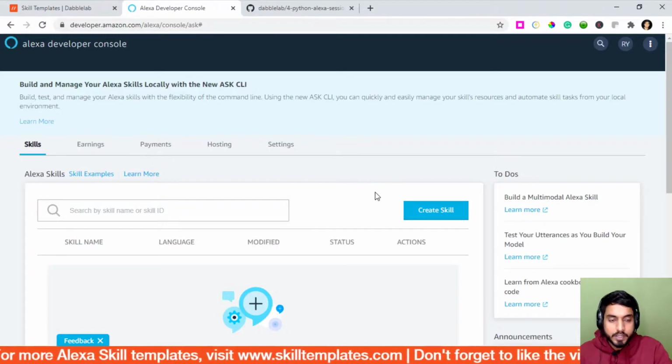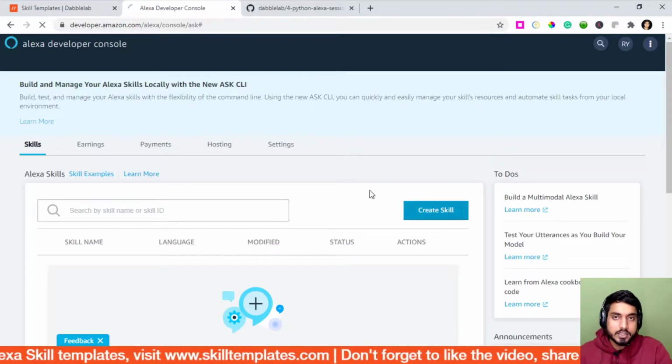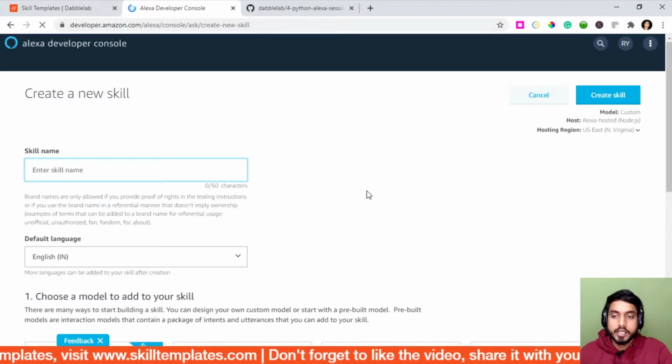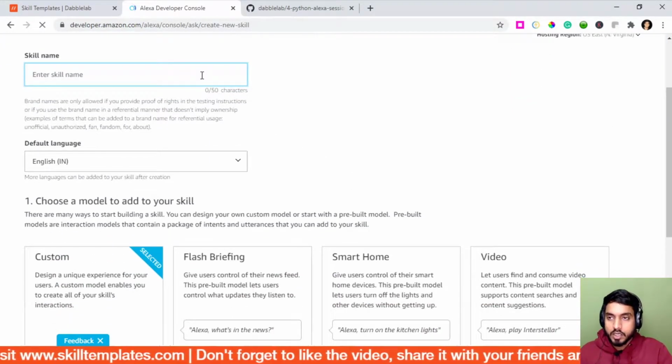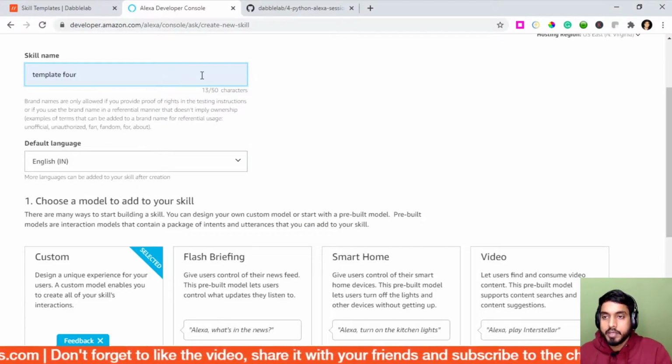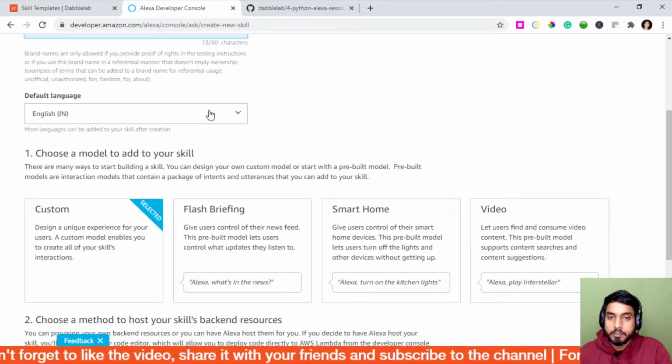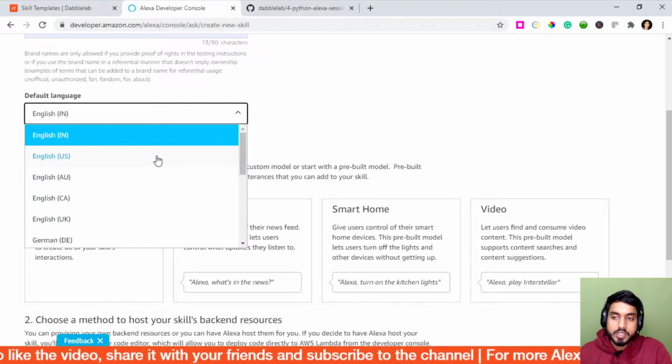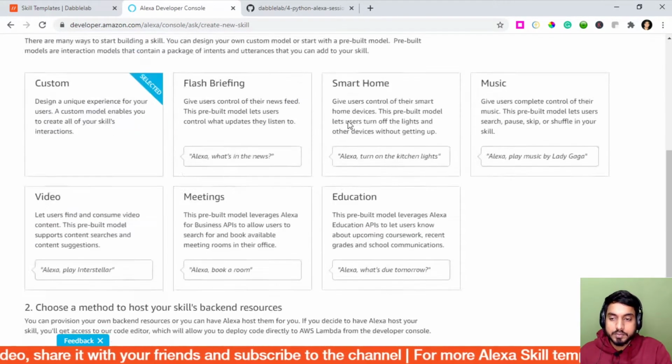Once you've reached this page, click on Create Skill to start creating a new skill. We need to give our skill a name. In this case, I'll name it Template 4, since this is template number 4, and the language I'll be choosing is English US.